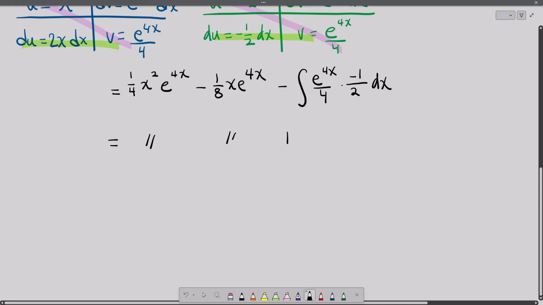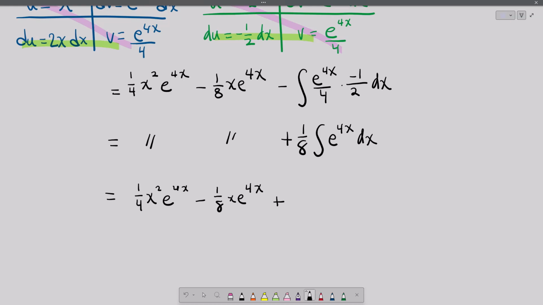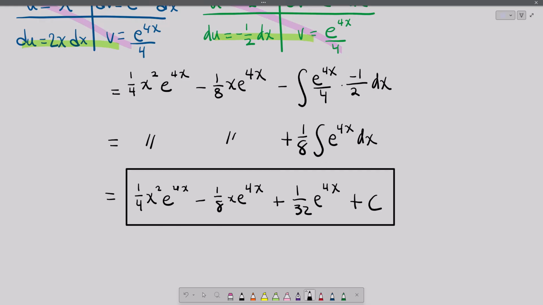Okay, so then over here, let's simplify this before we do our antiderivative, just to make sure you're seeing it. This is going to be plus 1/8 integral e to the 4x dx. Right, the constants can all be factored out at this point. And then our final answer, we'll have all this stuff out in front. And then our final term will be plus 1/32 e to the 4x plus integration constant. And there we go. That will be